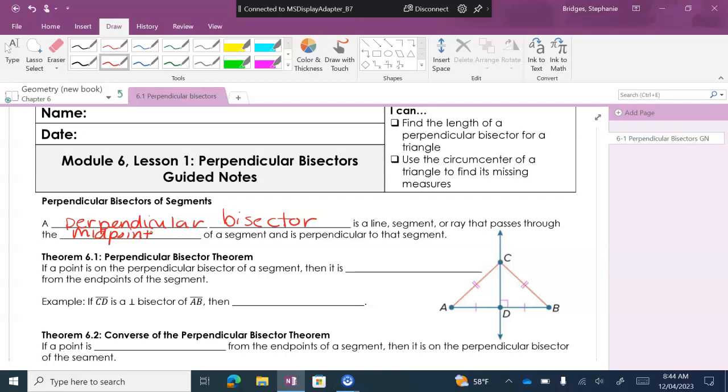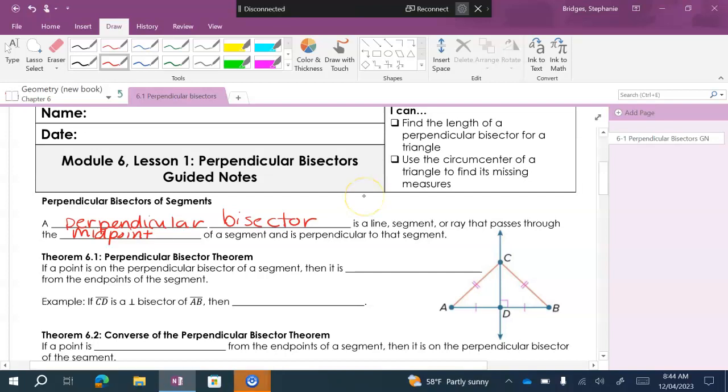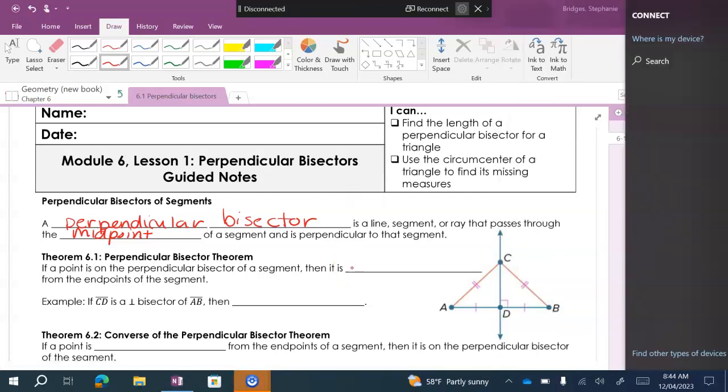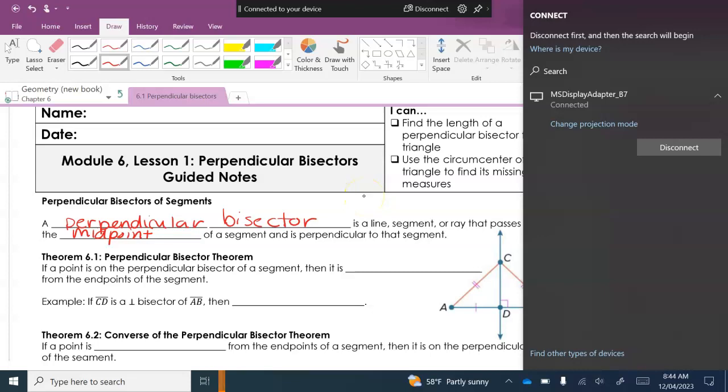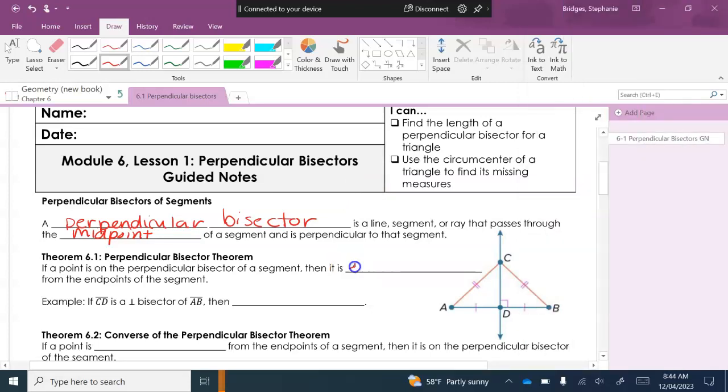Then this first theorem talks about the perpendicular bisector theorem. It says if a point is on the perpendicular bisector of a segment, then it is this word we call equidistant. The blank is E-Q-U-I, distant. Okay, equidistant. That means equal in distance from the endpoints of the segment. If a point is on the perpendicular bisector of a segment, then it is equidistant from the endpoints of